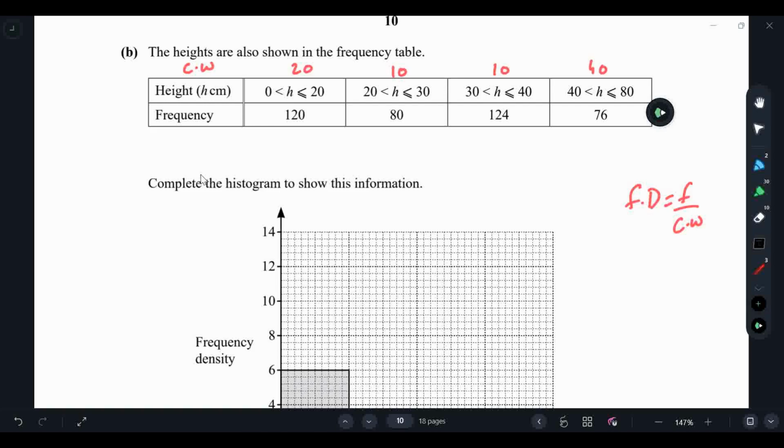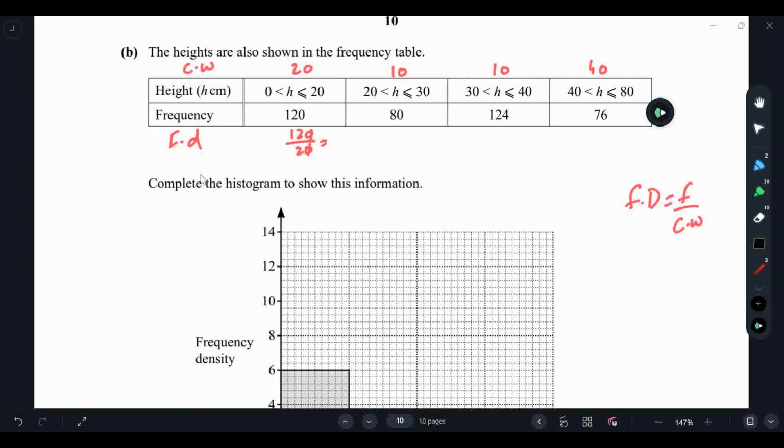So frequency density equals frequency divided by class width. So 120 divided by 20, and this will be equal to